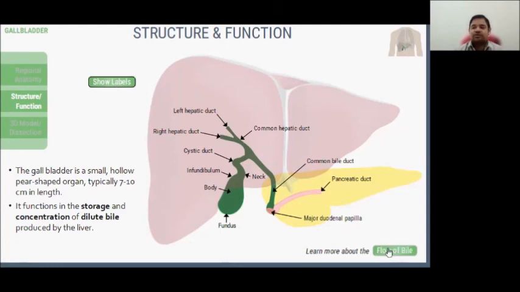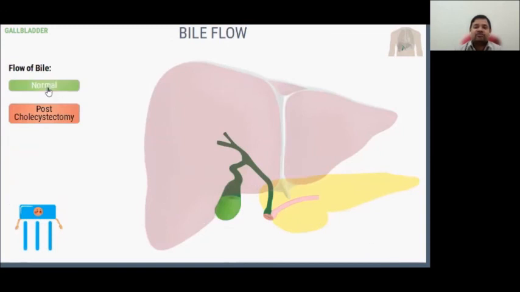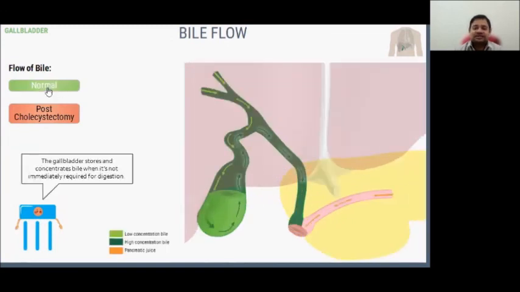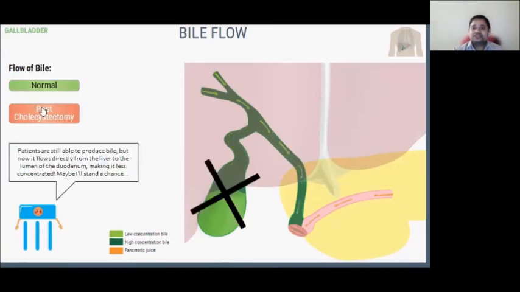So what is the flow of bile actually? In the normal flow of bile, the gallbladder stores and concentrates bile when it is not immediately required for digestion. Post cholecystectomy, bile passes directly to the duodenum and does not pass towards the gallbladder. The patients are still able to produce bile, but now it flows directly from the liver to the lumen of the duodenum. So it will be less concentrated, but